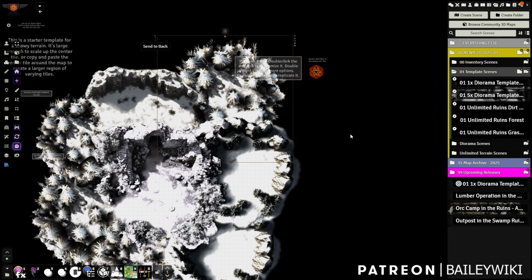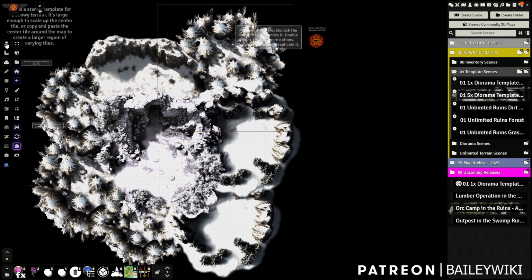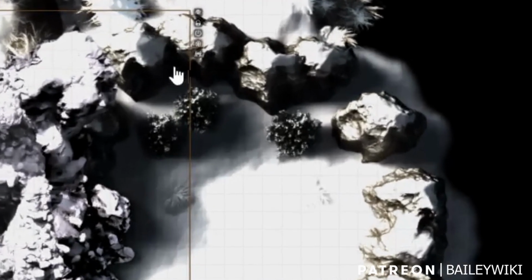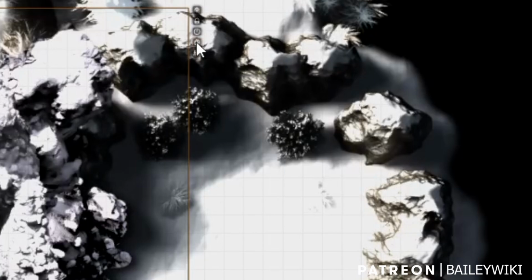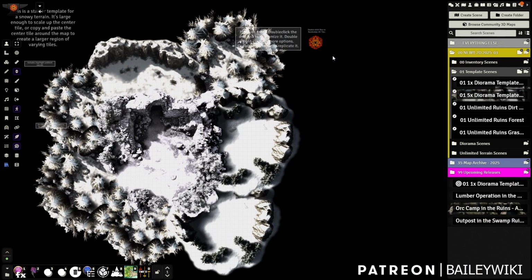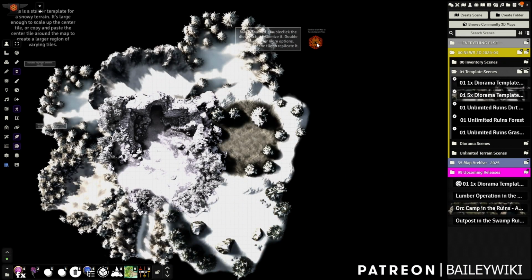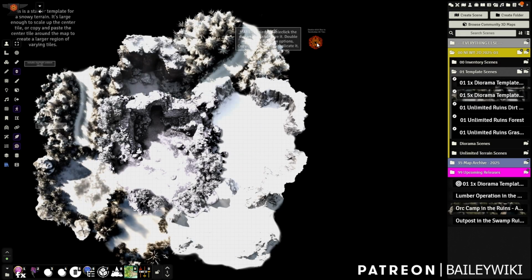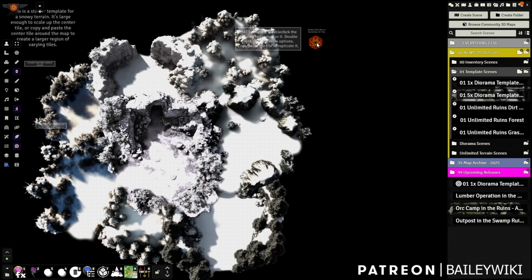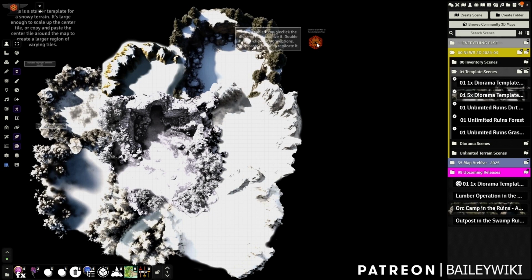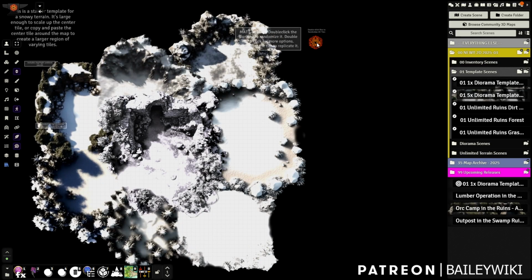All right, so we've kind of got some terrains laid out. Let's deactivate that middle one because I want to keep it. Everything else I want to randomize. So I've deactivated the middle one, and otherwise I'm just randomizing everything else. I'm just rolling the dice, like I'm pulling a lever of a slot machine, looking for some combination that I want to start with. This has a lot of open spaces,